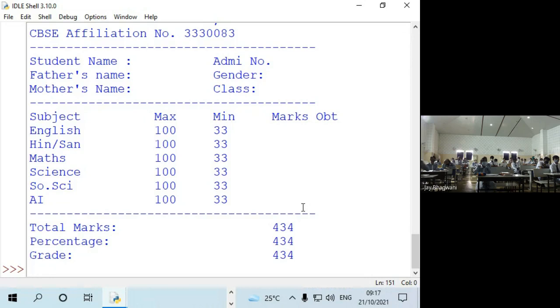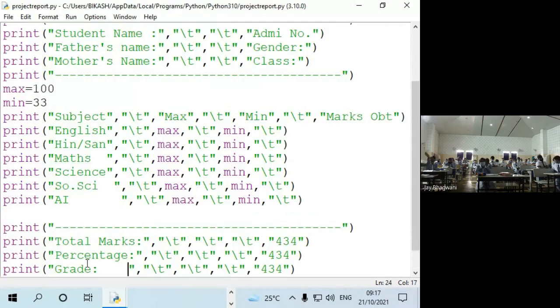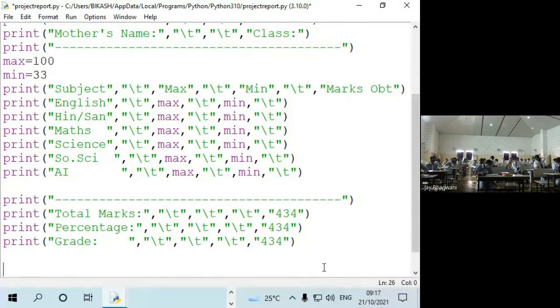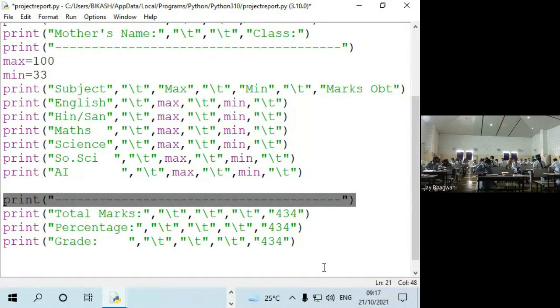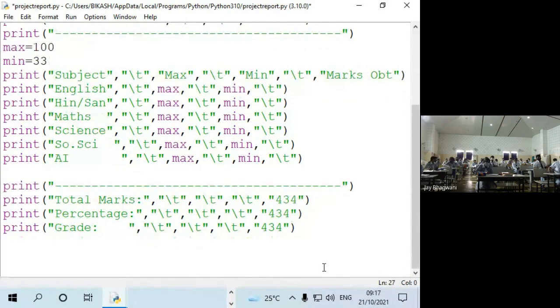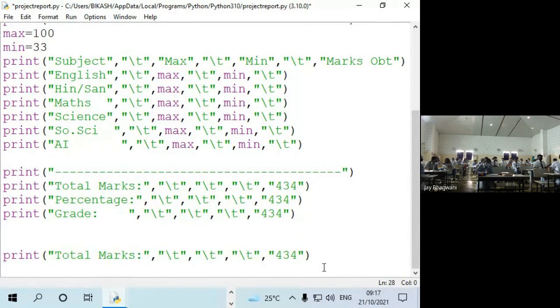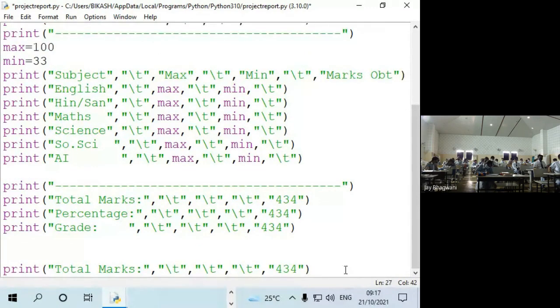Two more things I want to display. That is the remarks. So again, let me put one line, that is the division after this. I don't want this line.